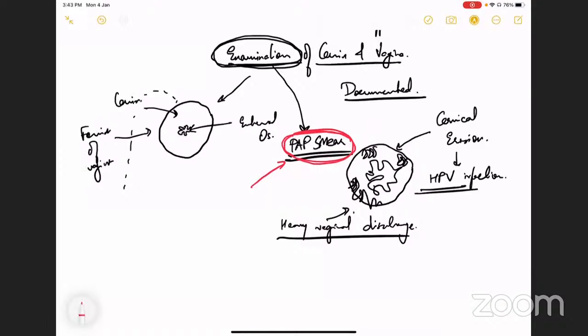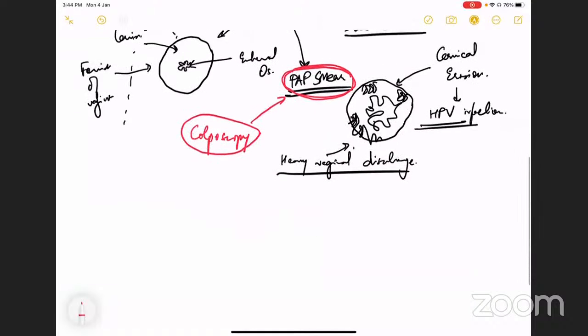Okay, pap smear is something which is commonly available and commonly tested, does not require any major setup, and I believe testing of the pap smear is not going to cost you more than 1,000 rupees. So that is something which has to be done. Should you find something abnormal in the pap smear report, it should be supplemented with a colposcopy. But colposcopy is not a part of the family physician's arena. And as a result of this, I'm not discussing anything about colposcopy today.